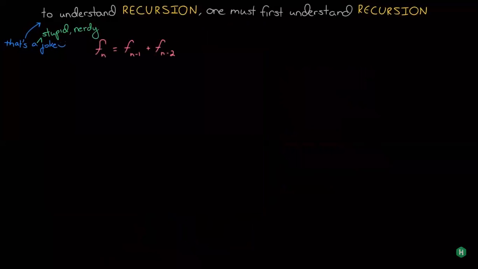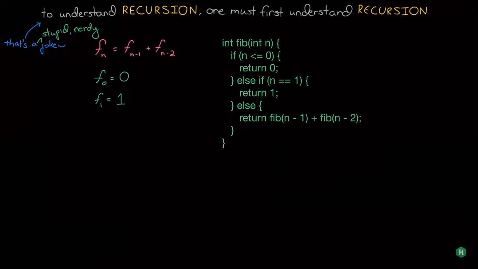The Fibonacci sequence is one of the simplest examples of recursion. In fact, we often say that the Fibonacci sequence is defined recursively. But this definition in and of itself doesn't make a lot of sense. We need a starting point. We need to know what is f of 0 or f of 1. Implementing this recursively is now actually very natural. So this code will call fib of n, and that'll then recurse to fib of n minus 1 and fib of n minus 2. Eventually, it'll get back those answers and add those up and return that value. When we call, say, fib of n minus 1, it'll then do the same thing and recurse and recurse and recurse. We'll stop when we get down to the base cases, which are when n is 0 or 1.